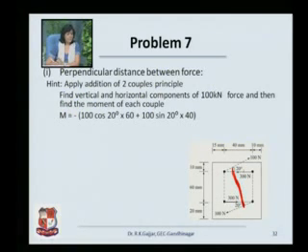As you will see in the next part itself, a simpler way of doing this would be to resolve this force into its components. Now your problem becomes simpler because you have couples formed by two components of the 100 Newton force. This is one couple and this is the second couple. So we leave this at this point. We won't discuss this